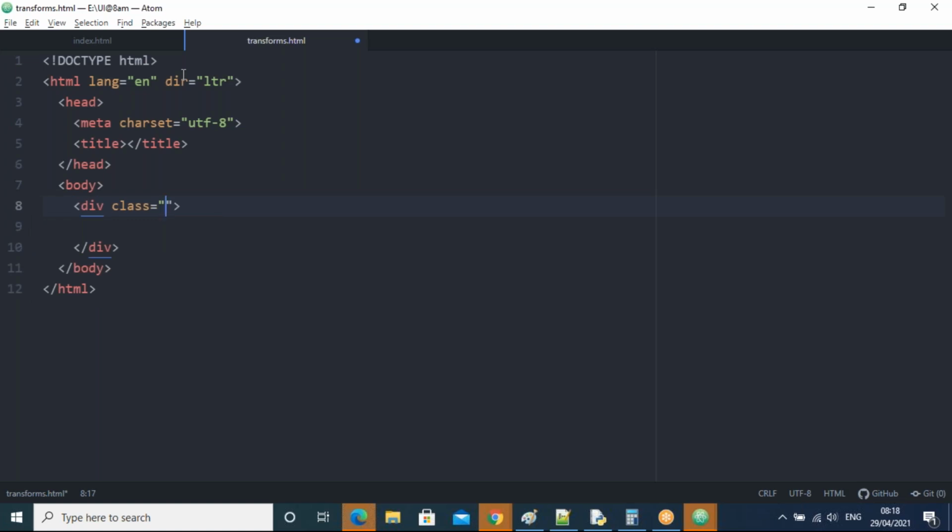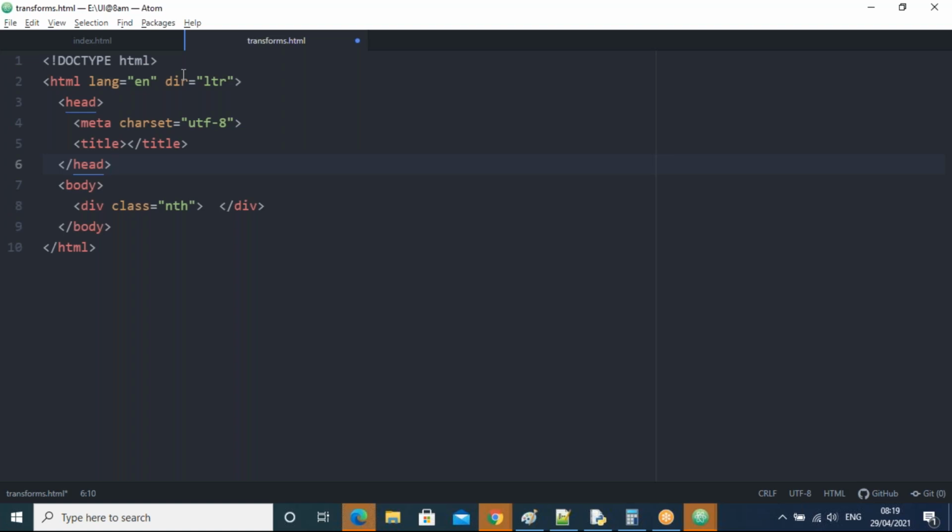The division name I can give, for example, the main division. I'll take this one with a class name, let's take simply any name, NTH, simple like that. I'm just taking one empty division, guys. For this one, I'm going to apply some styles, like some height and width.